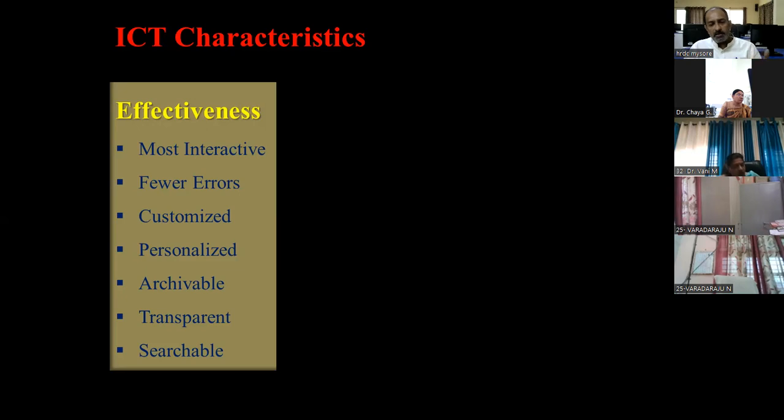So you will get a recipe, you will get a lot of videos, right? So searchable, right? Not only that, you can search for any academic piece of information, right? And that is the effectiveness of ICT. Just with a mouse click, let us go to a Google search or even your mobile, YouTube search or anything as such, just type on your keyboard, just press the search button. The next moment, you will get a lot of material downloaded to your workspace and you can see whether this material is appropriate and relevant to me. If so, make use of it. And that's how it's very, very effective.